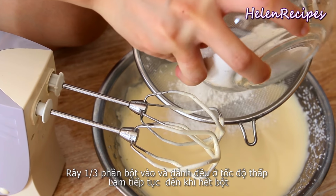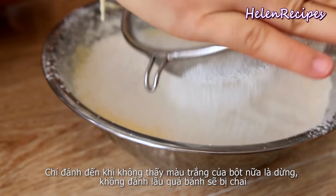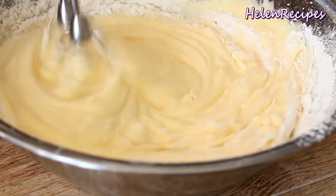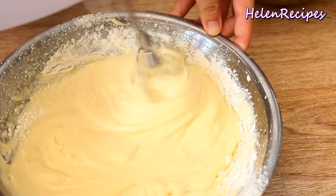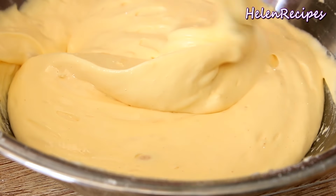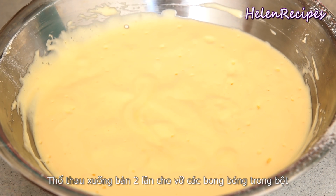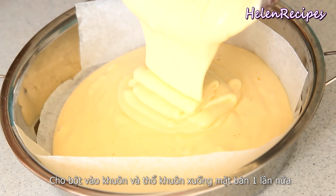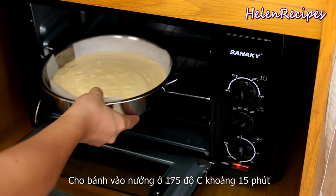Sift 1/3 of the flour and mix into the eggs mixture. Then continue until you sift all the flour. Don't overmix the cake batter, otherwise the cake gonna be tough. Use a spatula to scrape down the sides and mix it up. Drop the bowl on the table 2 times to break the big bubbles, and then pour the cake batter into the baking pan. Bang the cake pan on the counter 1 more time, and then bake the cake at 175